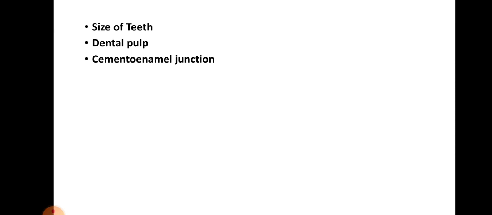First, dental pulp. The dental pulp is a connective tissue organ containing a number of structures including arteries, veins, a lymphatic system, and nerves. Its primary function is to form the dentin of the tooth. When the tooth is newly erupted, the dental pulp is large. It becomes progressively smaller as the tooth is completed.